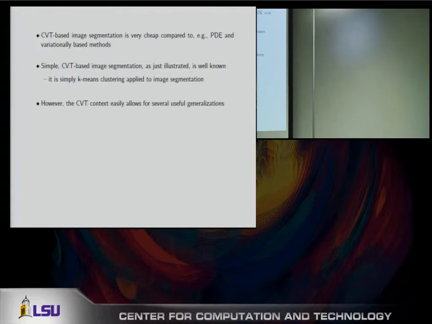So this is very cheap compared to solving PDEs. By the way, if you do 2 segments, you've got to solve 1 nonlinear PDE in the PDE type approach to image segmentation, which is quite popular. If you want to do a segmentation into 3 segments, you've got to solve 2 coupled nonlinear PDEs. If you want to do it into 10 segments, you've got to do